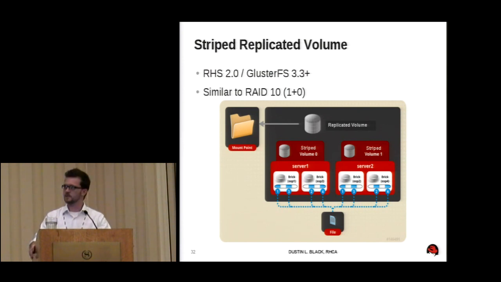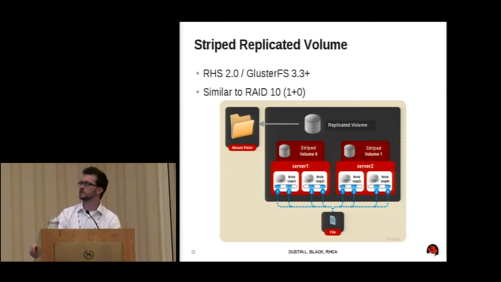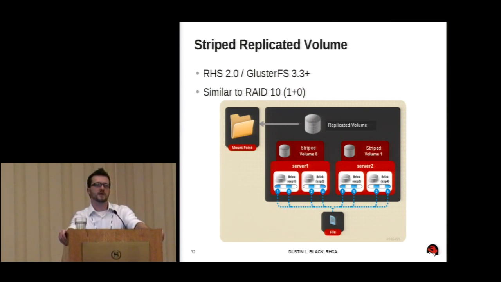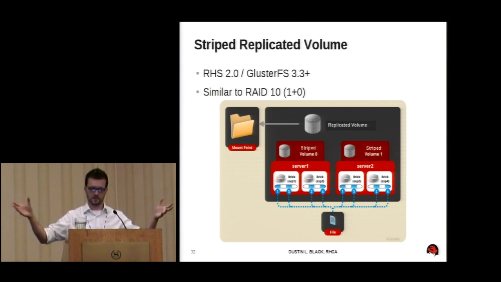So we'll look at a striped replicated volume. So again, layering up the functionality here. We're not doing any distribution. In this case, we're striping and replicating. So we have multiple striped volumes, and every time a file is written, it's being replicated but striped twice. So we have a set of stripes over here, a set of stripes here, and every time a file is written, it's written to both sets of stripes.